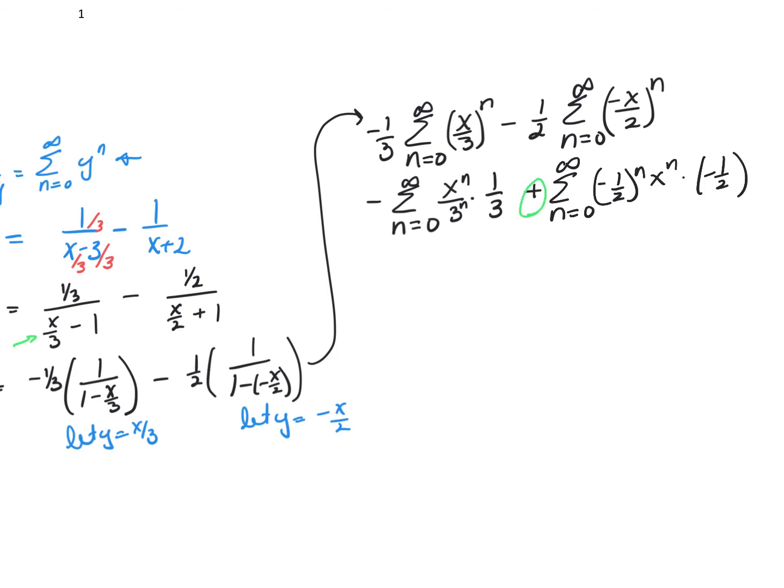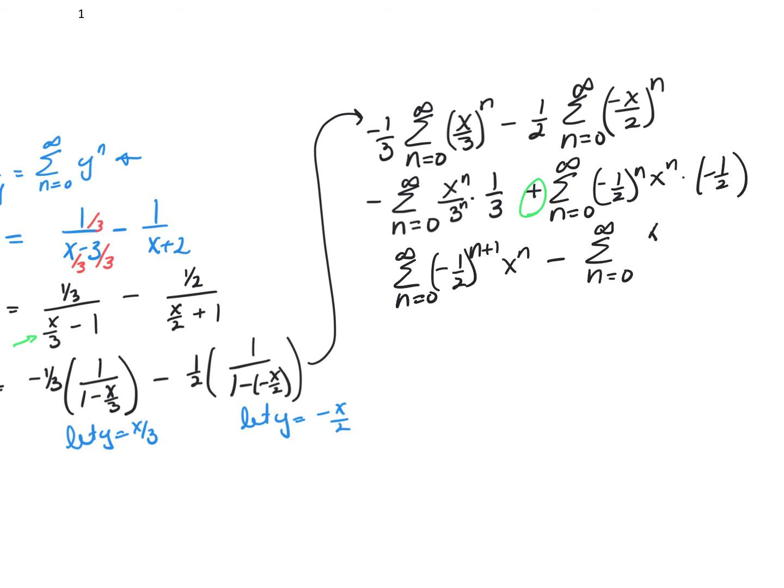Because this term is now positive, I'm going to write it first, for no other reason than I like to have it positive first. So I have the summation of n equals 0 to infinity of negative 1/2 raised to the n plus 1, x to the n, minus the summation of n equals 0 to infinity of